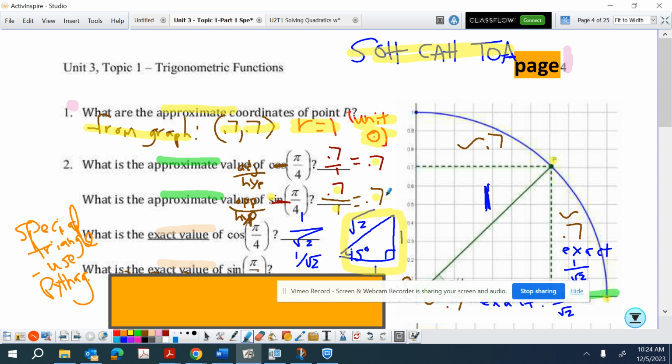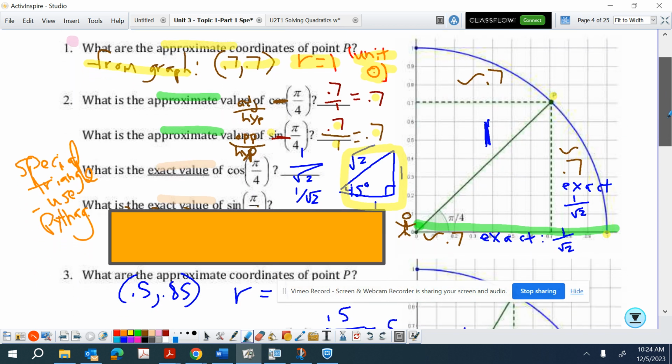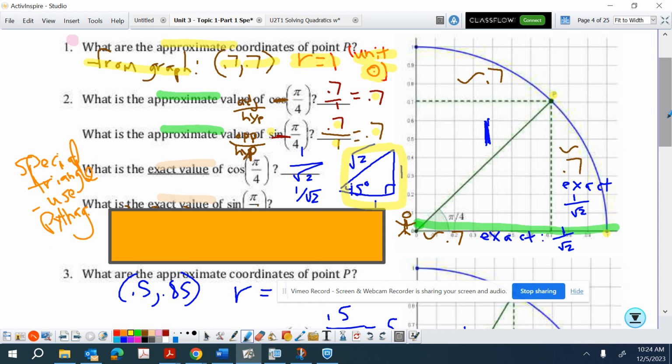is 0.7. Now when I look at problem 2, where it says what's the exact value of cosine, the angle pi over 4 is giving us a clue that this is a special right triangle. Pi over 4 is the same as 45, and on a previous page I told you 45, 45, 90 is a special right triangle with sides of 1, 1, and square root of 2, which I drew over here. But if you have not memorized these special triangles yet, then what you have to do, at least in the interim,